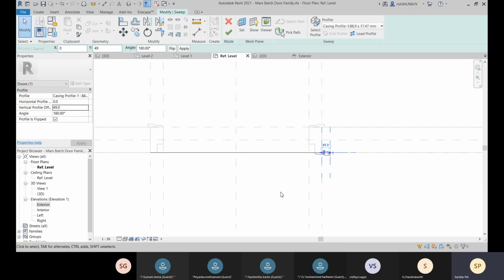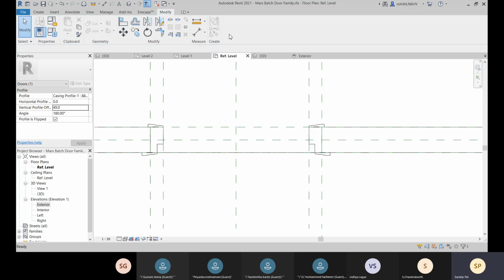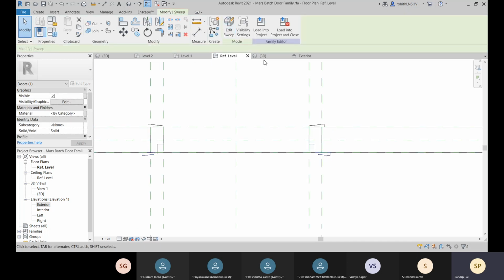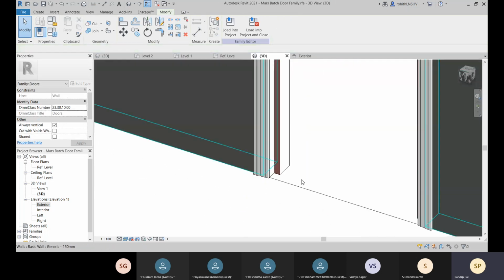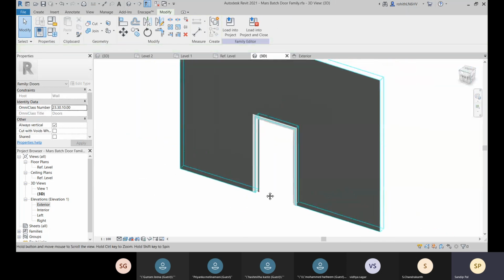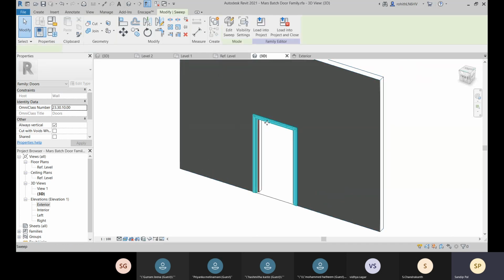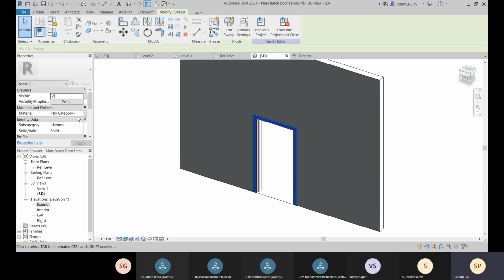Okay, and let's go for this finish, and let's come to this. Okay, so that is done for this one. And similarly, you can assign your materials over there.